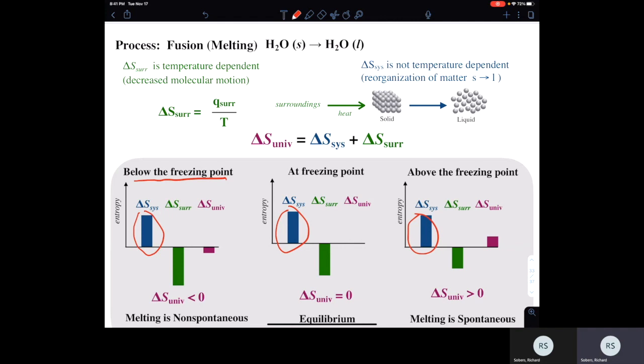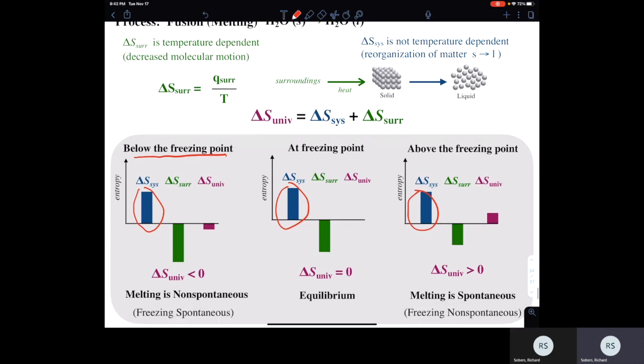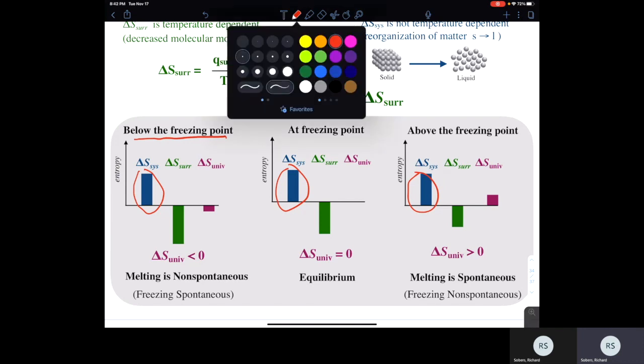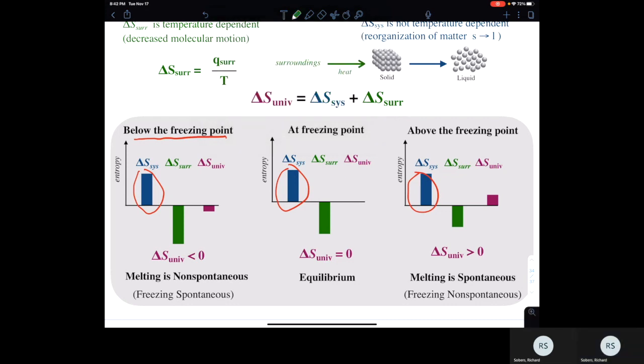The temperature is below the freezing point. At the freezing point, we have an equilibrium, and above the freezing point, that's when you expect melting to be occurring. So delta S for the system is the same at any temperature because it's really all about the phase change, solid to liquid. But delta S for the surroundings,